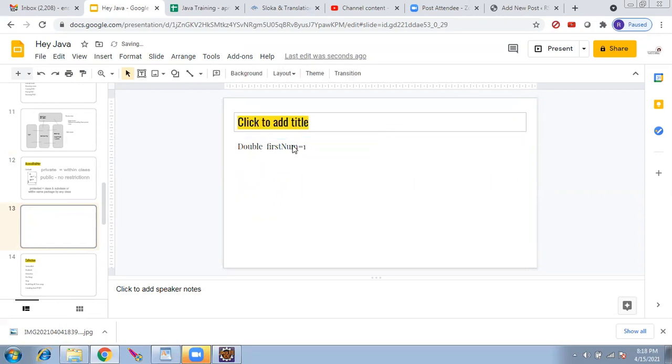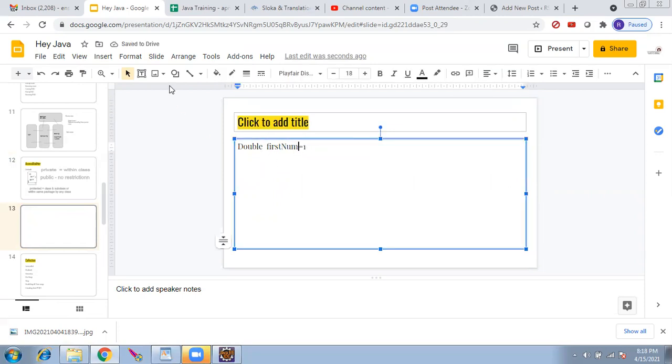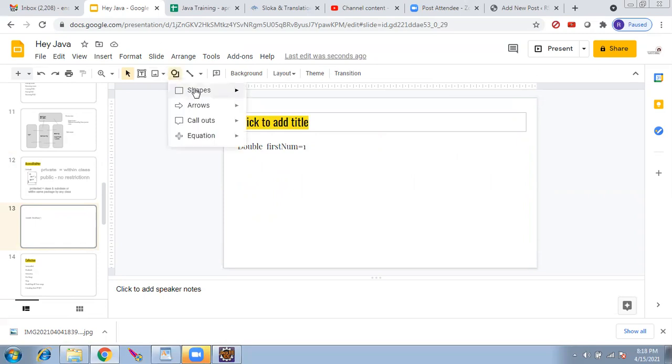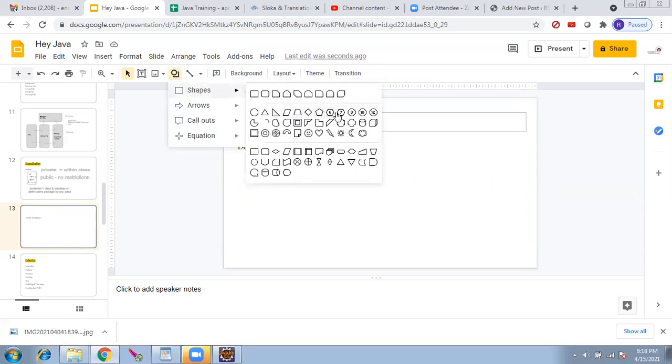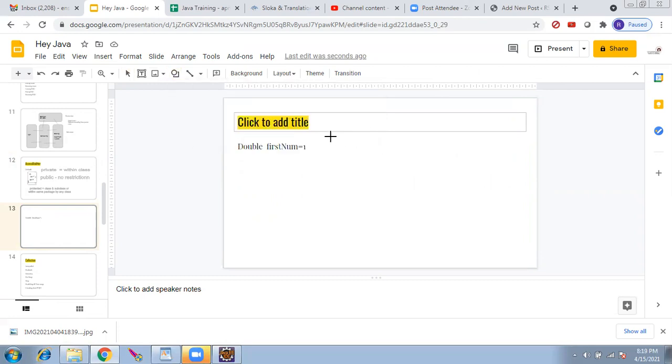What this means is I am having one bucket. This bucket I will store one value alone. The value is 1.